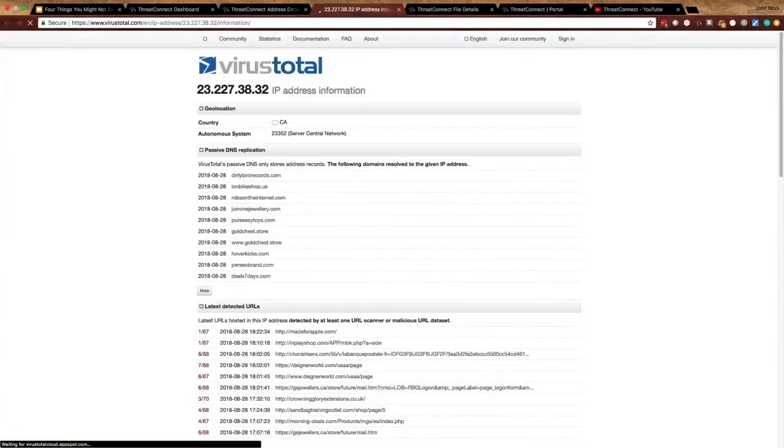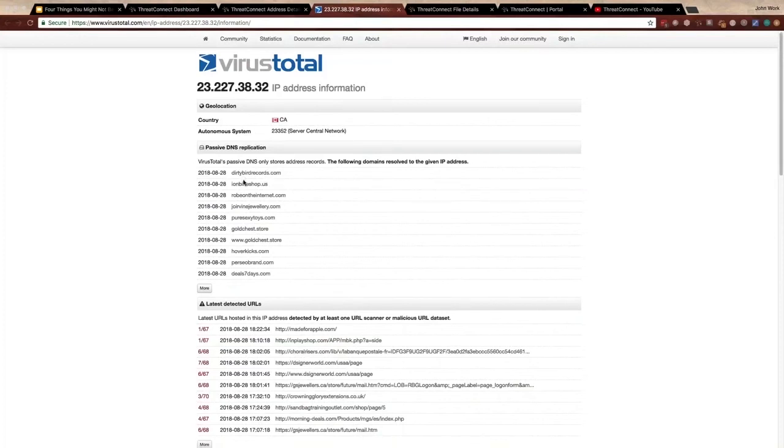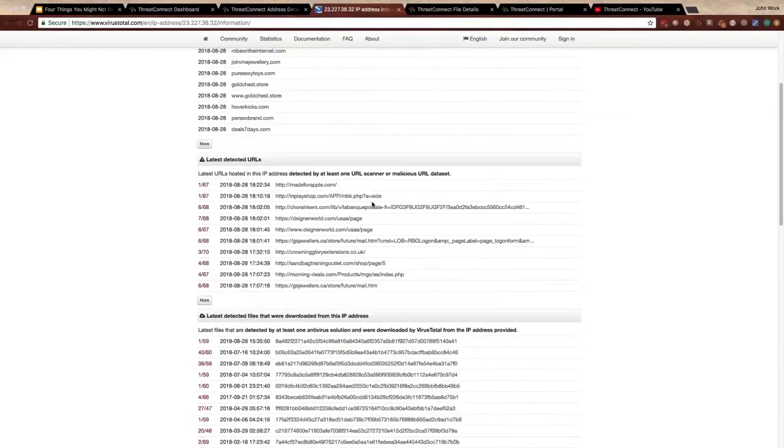And any of the information that we see in here that we deem relevant to us. So there's passive DNS entries in here that we can take and either go in and add them manually into the platform and associate back to this IP address. Or there's other URLs, information here that we would normally go out and grab so we can search for in those integrations. But we could take this information and bring it back into the platform.